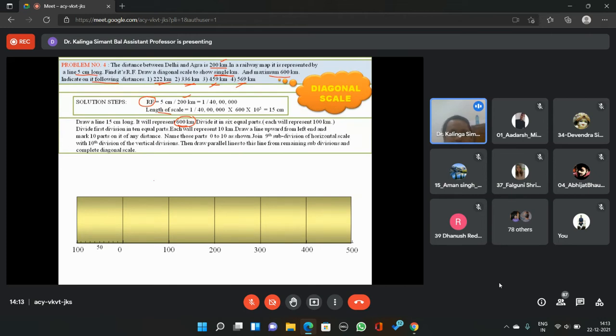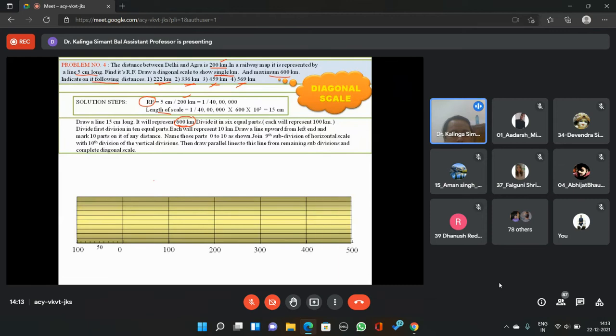Triple two is not possible. So for that one, we'll draw parallel lines from the left-hand to the right-hand side and divide it into 10 equal parts, like we did in the case of the diagonal scale. Because of the concept of similar triangles, each division as I come back reduces by 1 unit.